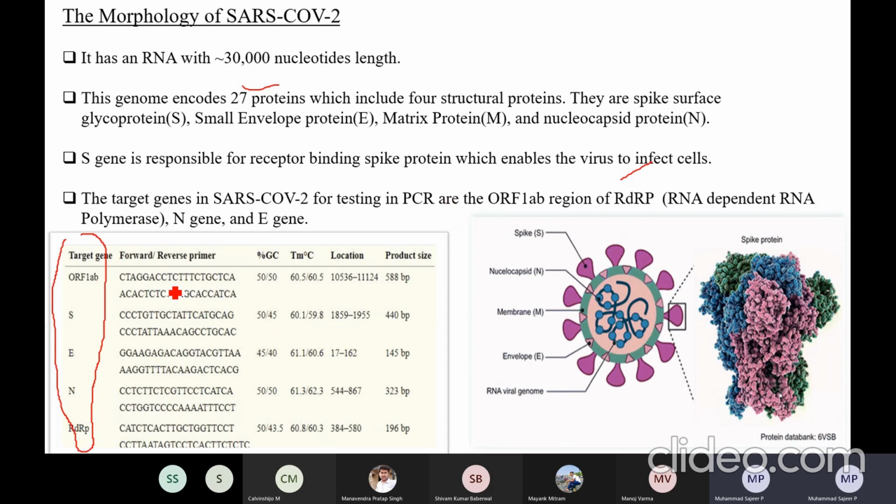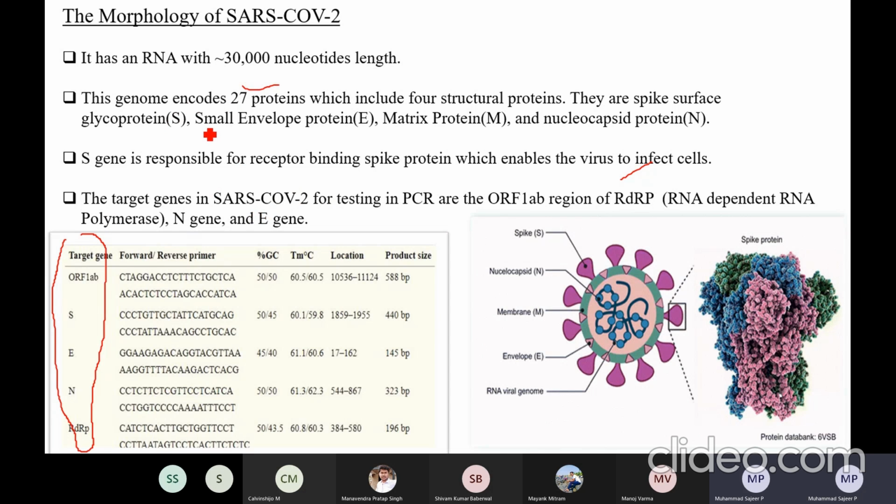So what we actually do is, if I want to do PCR, I will find a specific target gene in that virus or bacteria, whatever I want to detect, and I will use a tool. For example, you have Primer3 software tools where you can design the primers. We can design the primer sequence based on the target gene. If you give the target gene, you can make it.